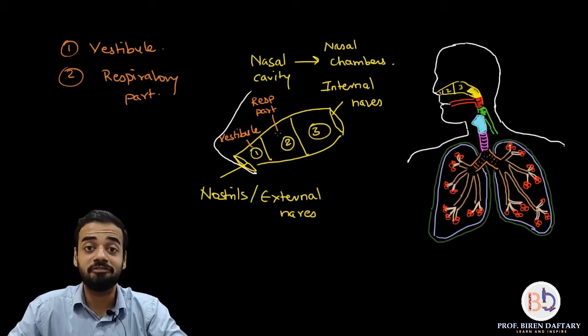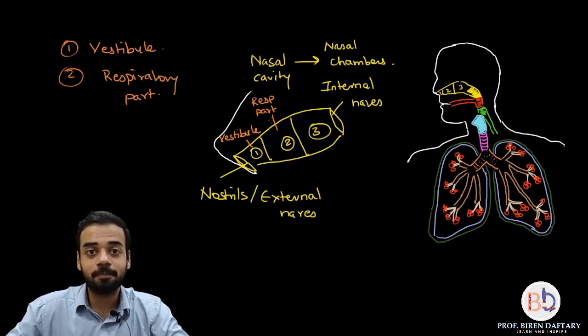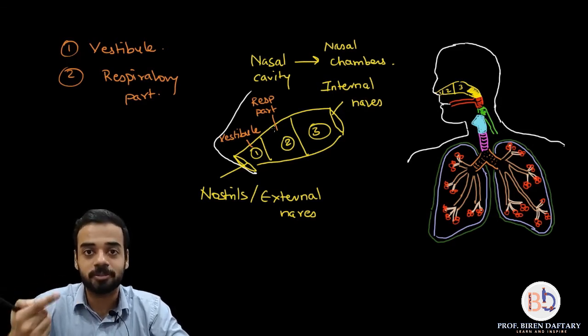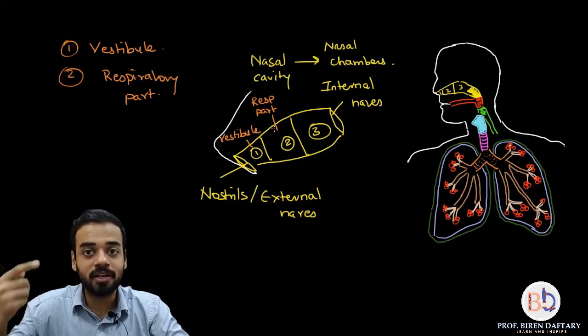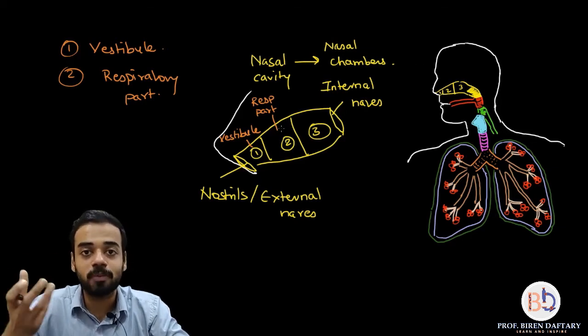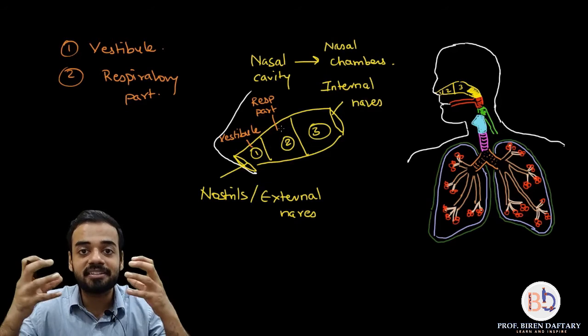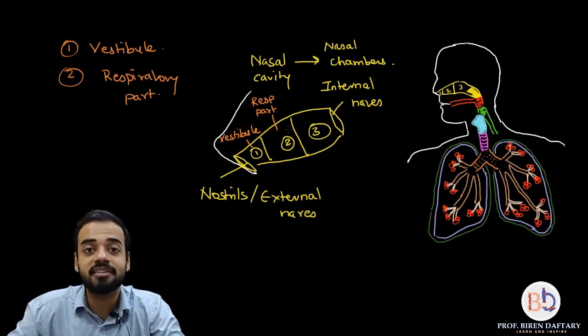Okay, so it is highly vascular, and because of the blood vessels, what happens is when the air passes through that region, it warms up, because the body temperature is 37 degrees Celsius, so the blood is also 37 degrees. So when air passes through this area, and this area has a lot of blood vessels, that area is naturally very warm, so the air becomes very warm and moist in this region.